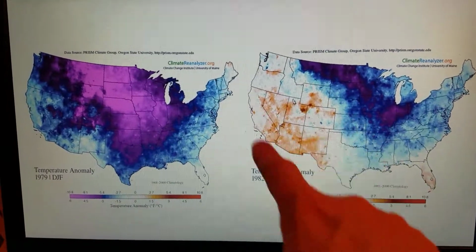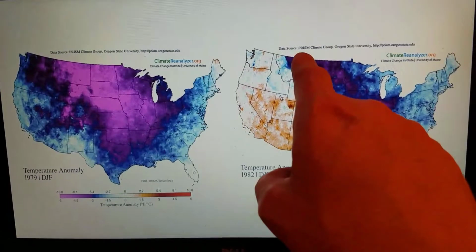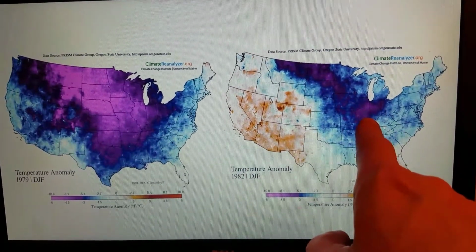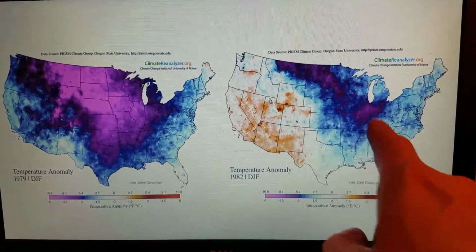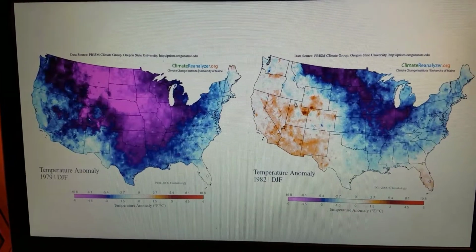It warmed up. The winter was a little bit milder across the desert Southwest, the western U.S. as a whole, and the heart of the cold concentrated itself from Canada down into the Ohio Valley and the Midwestern states. It was also below normal here for eastern Virginia at that time.